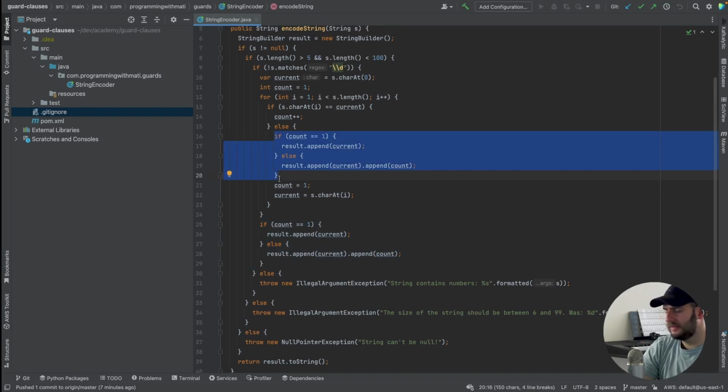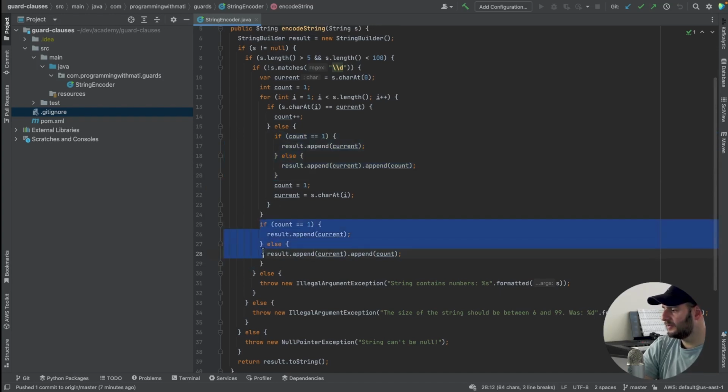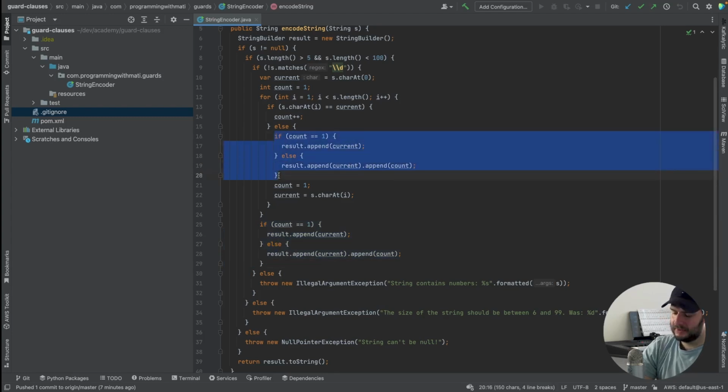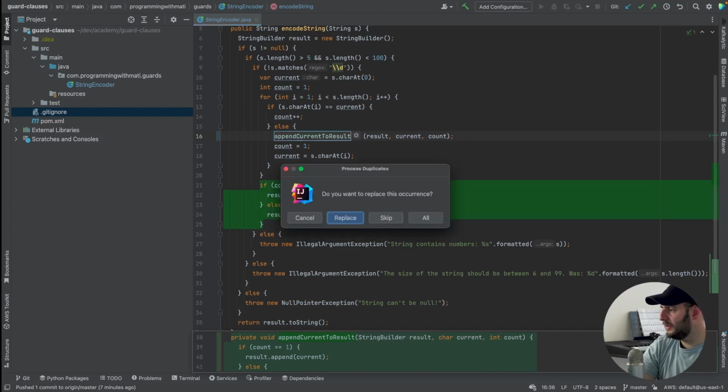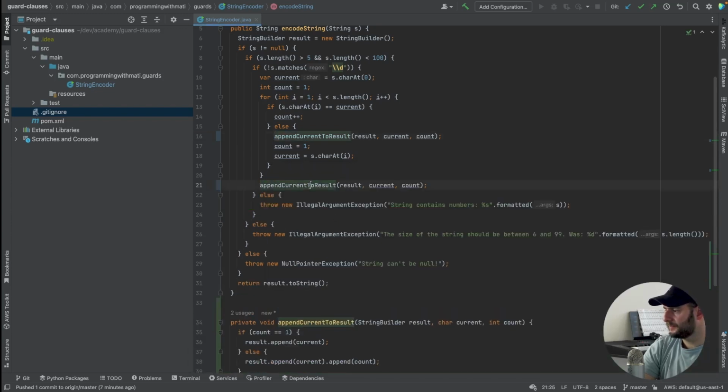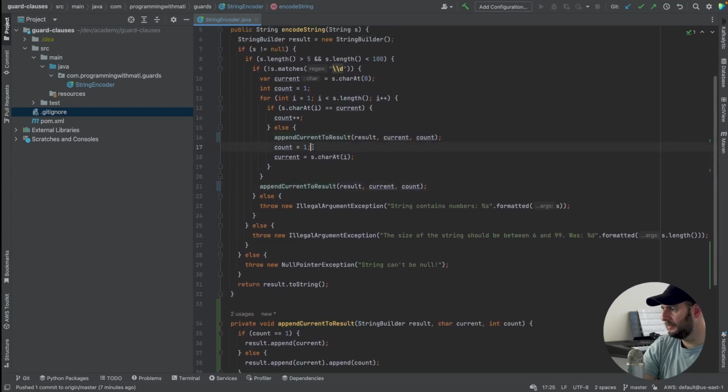Okay. So what I would like to do first is, I've noticed that this section and this section of the code are the same. So I'm going to extract them. This is basically appending the result. So I'm going to say append current to result. And IntelliJ is smart enough to realize that this code is repeated, so it will replace it twice. So now it's a little bit more readable,